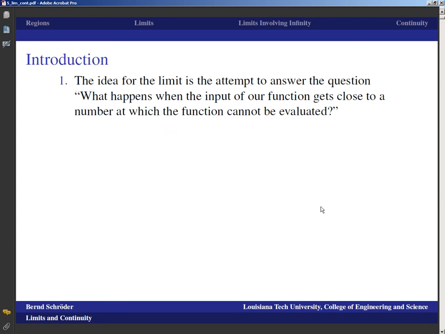Let's see. The idea for the limit, that doesn't change at all. The idea for the limit is always to attempt to answer the question, what happens when the input of a function gets close to a number at which the function cannot be evaluated? Okay, sometimes with derivative, Leibniz was thinking about numbers that are incomparably small but not 0, which are abstract entities that are actually a whole lot more complicated than limits, and only, I think, close to 200 years after Leibniz and Newton, the idea of a limit, which finally put calculus on a solid